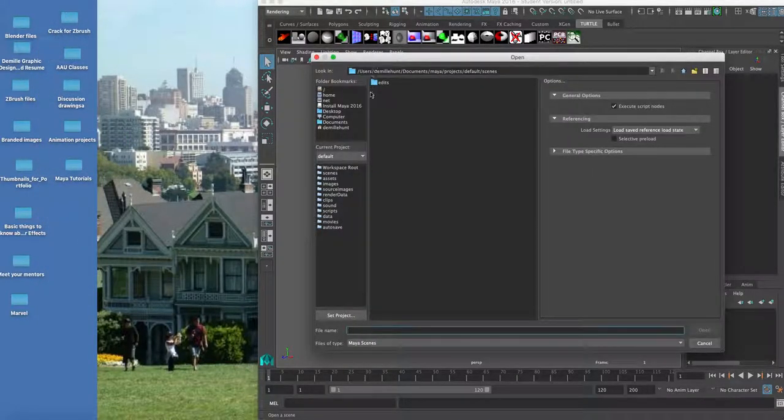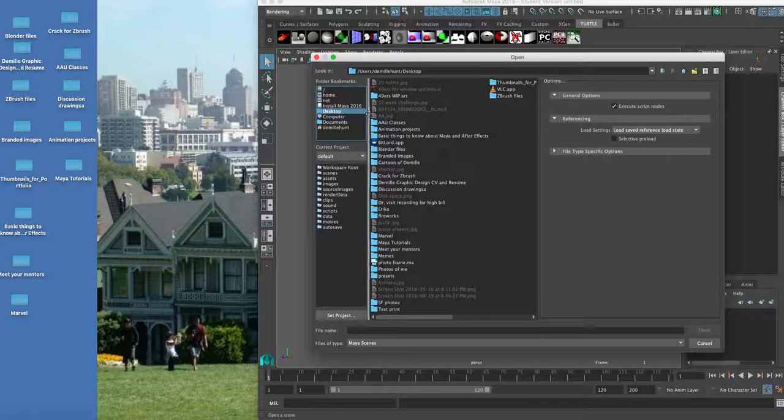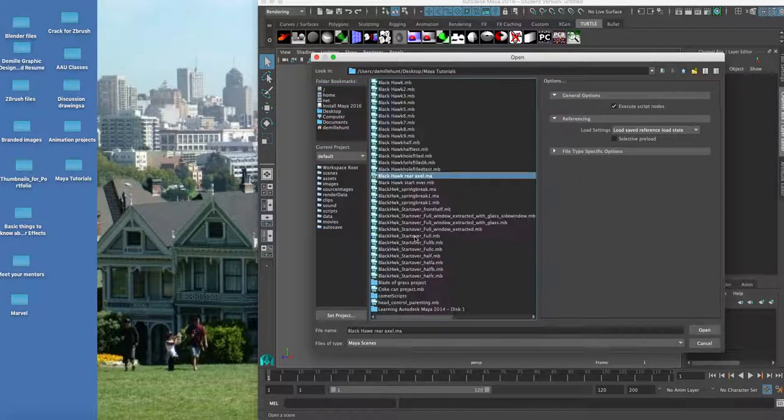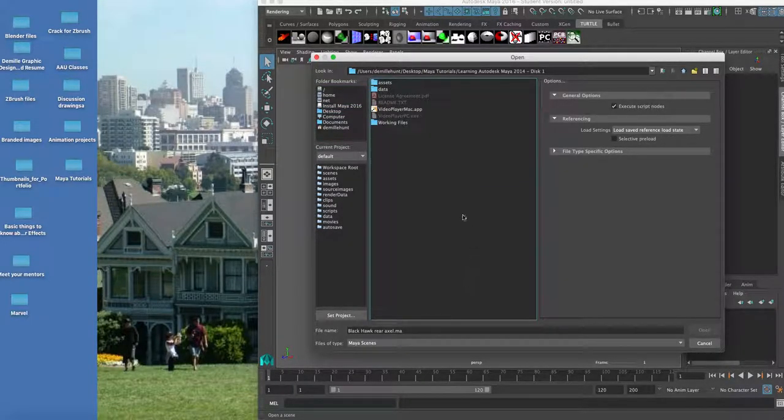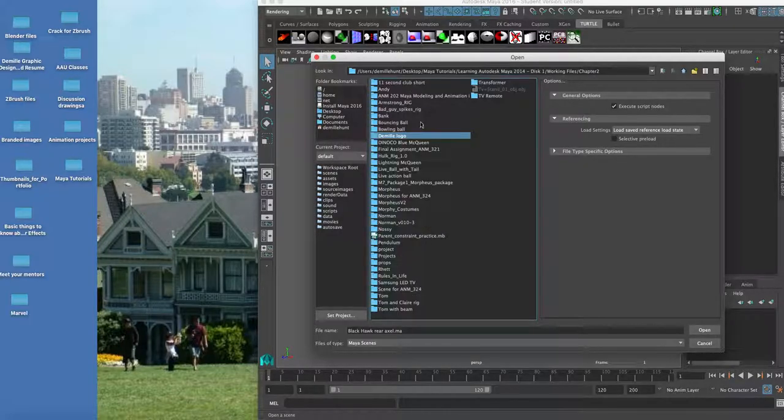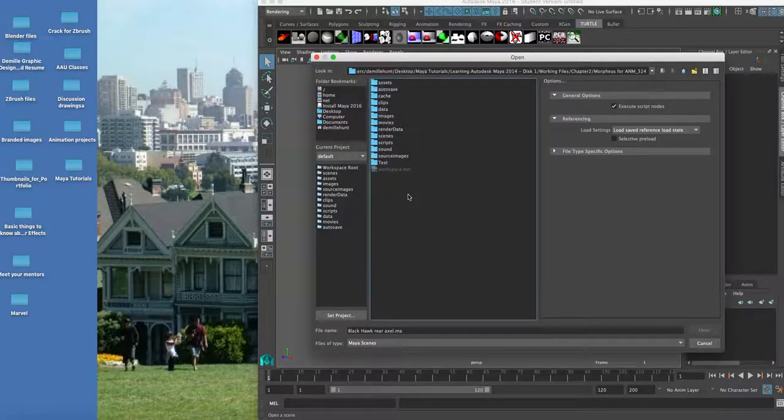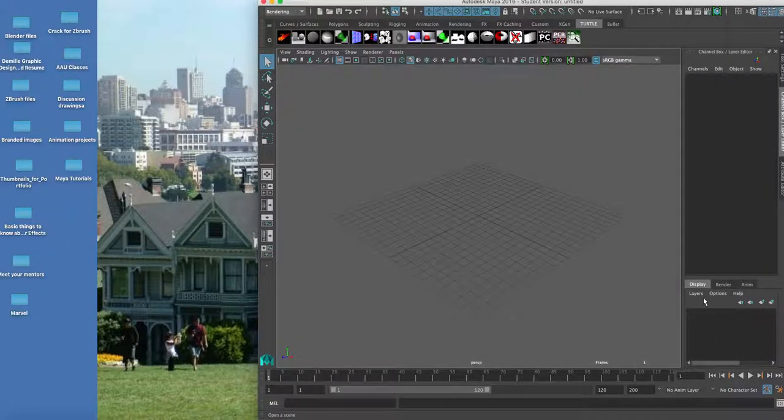So what I'm doing now is I'm just opening up my scene here. Let me go to Maya Tutorials, Disk 1, Working Files, Chapter 2, and I have it saved under ANIM324, and then Scenes. And I'm just opening this file back up. Now, one thing that I will tell you while this is opening, and I think this is pretty important to know also,